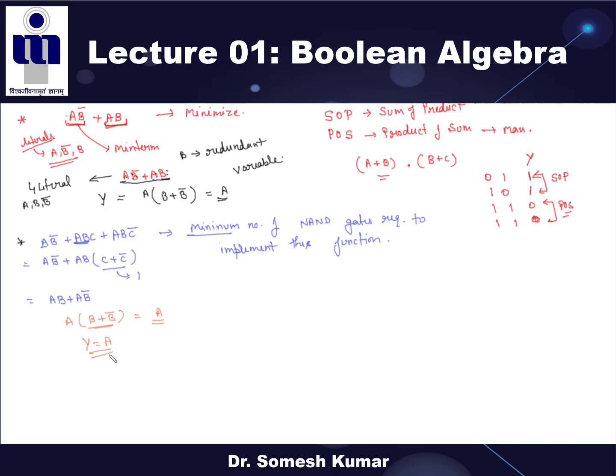So what is the number of NAND gates required to implement this function? 0, right? So the correct answer is 0. Means 0 gates are required. It is only one variable, right? There is no function, no operator involved in it. So the number of NAND gates required to implement this function is 0. I can give the options in this objective type, for example 1, 2, 3, so we have to mark the correct answer 0. Clear?